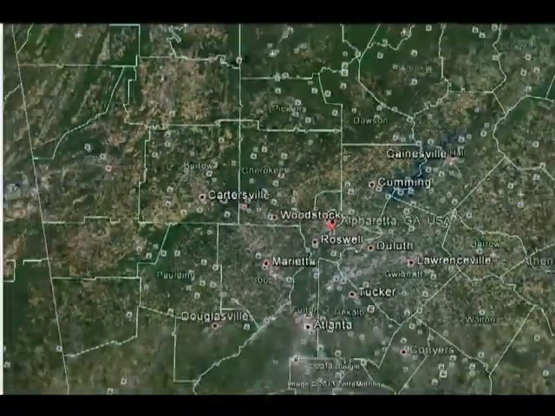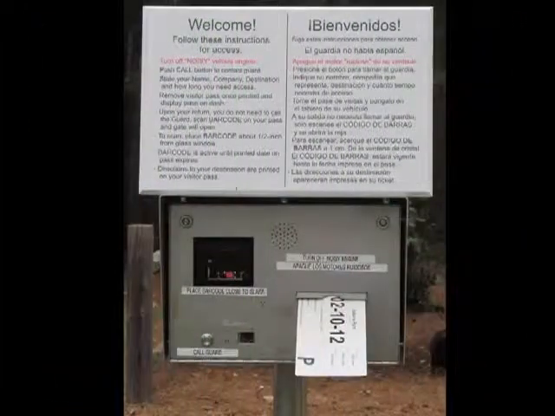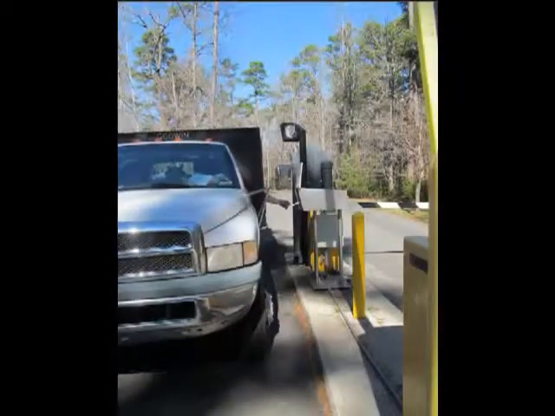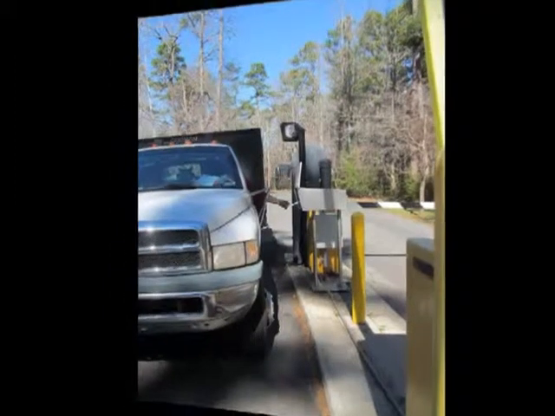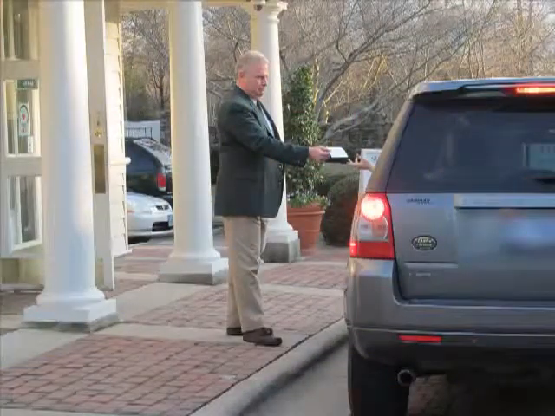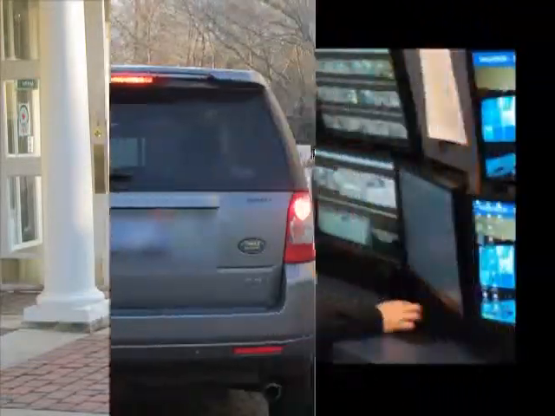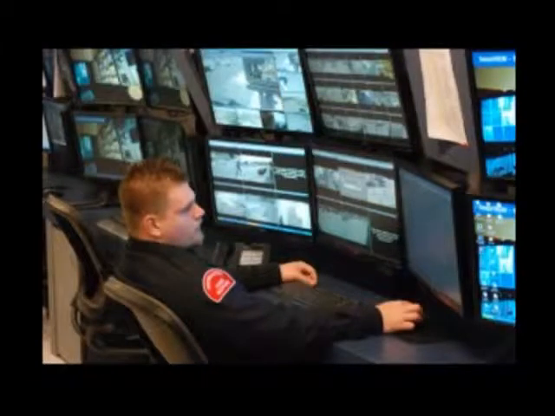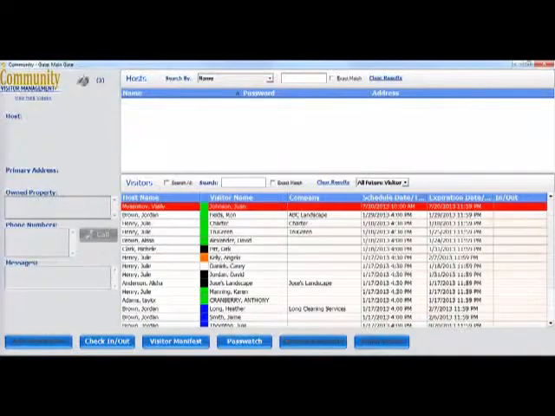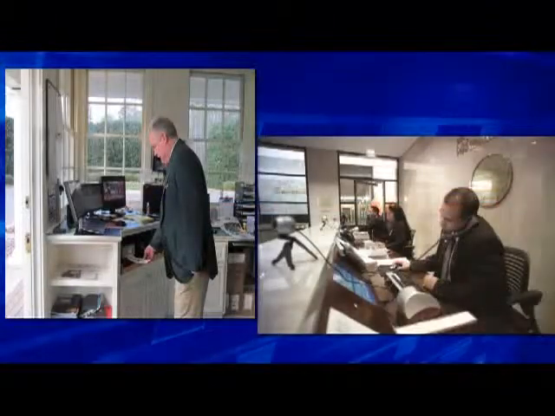When talking to your representative, be sure to ask about the kiosk that can be used at remote and unmanned entries. The kiosk can be used on a full-time basis or just during lighter traffic hours. Payback is often no more than 2 or 3 months. The kiosk can also be used in conjunction with our remote video monitoring center. You may choose to have live security during the day and switch to the remote center after hours, or use the remote center full-time. Either way, you have access to the same visitor management tools as the live security at the gate or in the lobby.